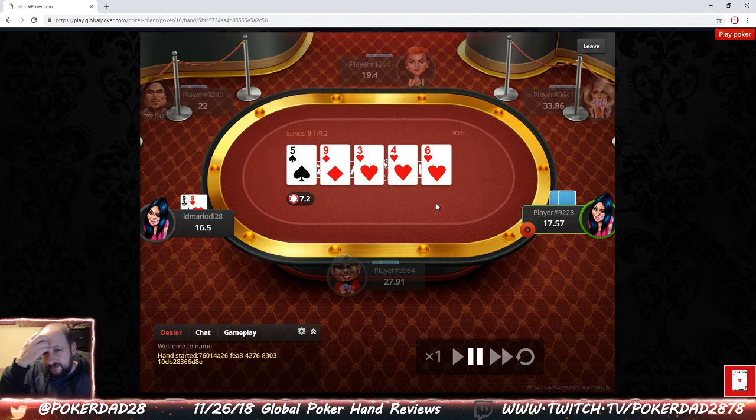something like a flush here. So I do think that most of the time I'm pretty clearly ahead here. Maybe he has hands like obviously 7s would be a little bit concerning because he could maybe open 7s here, which would have made a straight. But he could check and we can bet and he can raise, and we might be able to find a fold button here because he could be representing a straight,